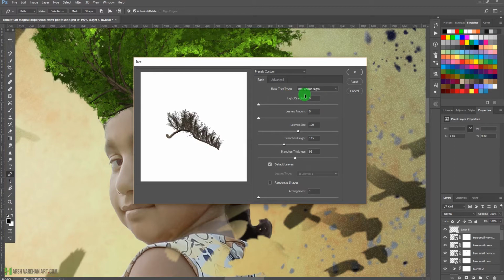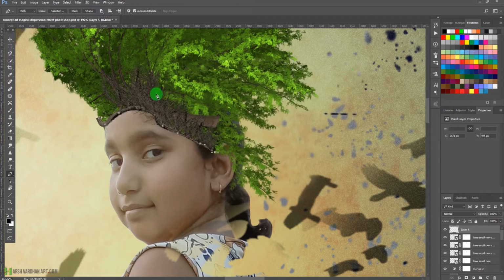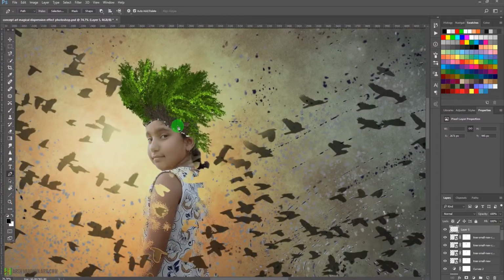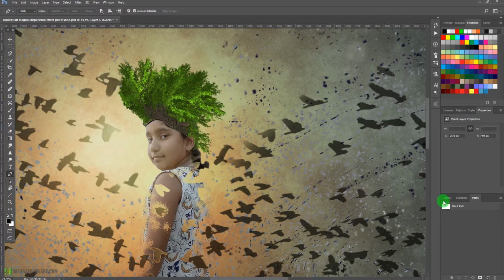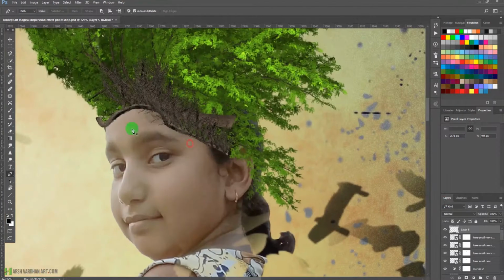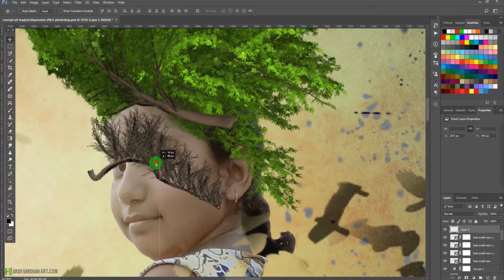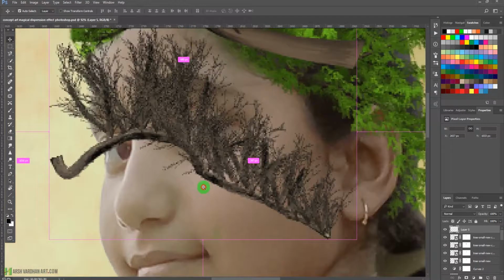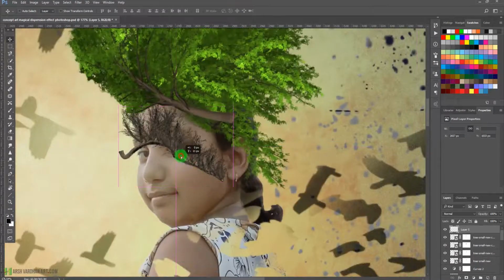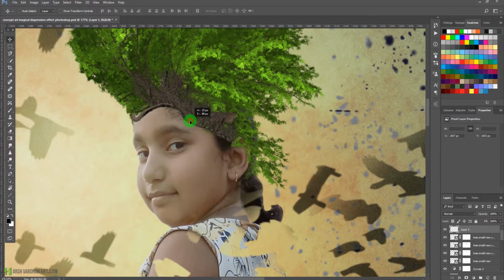Let's go for this Populus nigra and press OK. And now we have got this over here, and come to the paths, deselect it, choose this one, and let's see how it looks. I think this is not looking that good,